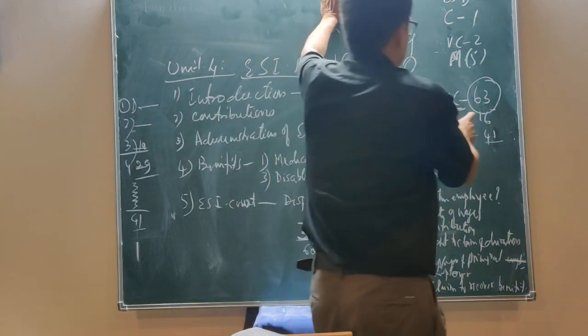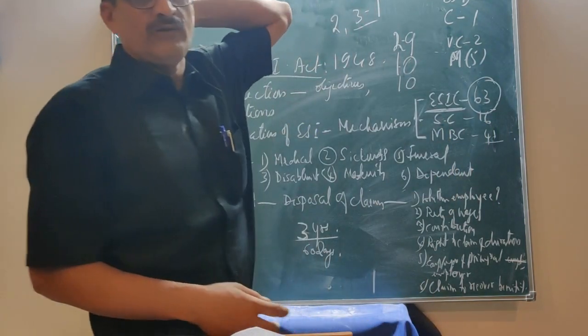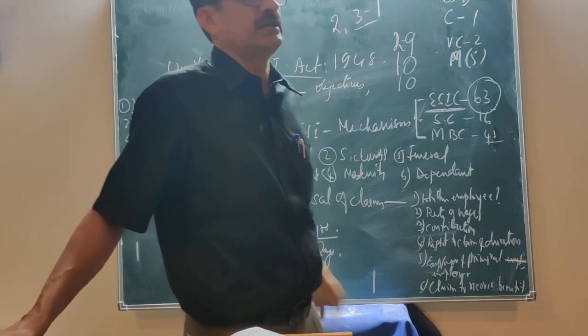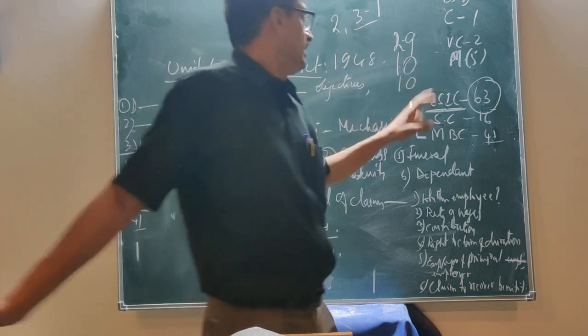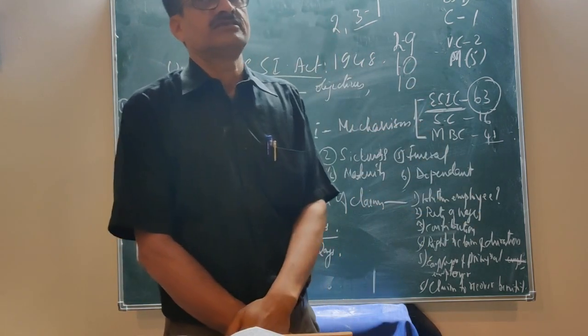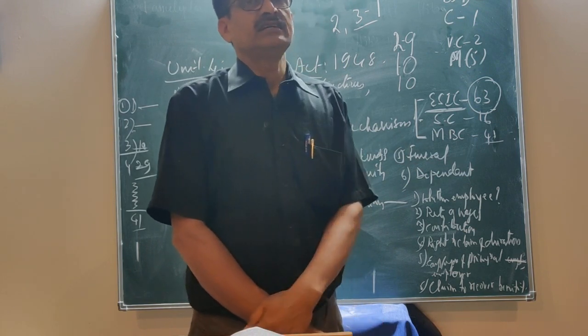Okay. Then the standing committee consisting of 16 members. The first 8 members will have the office at the pleasure of the government. The second 8 members will hold the office for a period of 2 years. Right. And as far as the medical benefit council is concerned, it consists of 41 members. And out of that, the first 8 members,